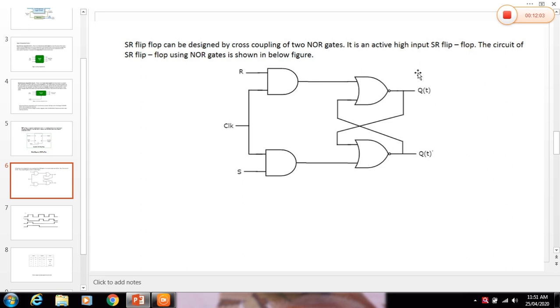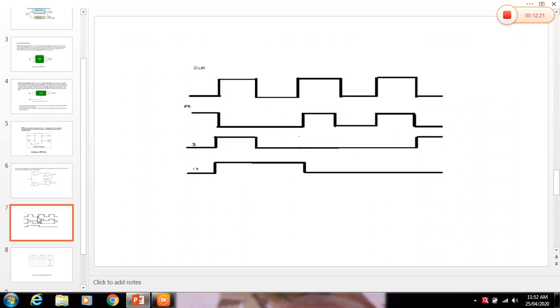So it is clear that earlier this output was 0, but now when we have given R equal to 0 and S equal to 1 and the clock was high, we are getting 1 over here. So according to the waveform, when clock is high, reset input is low and S input is high, the output will always be high. For the next move,